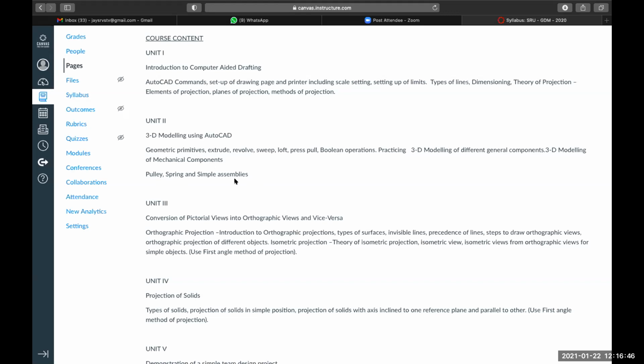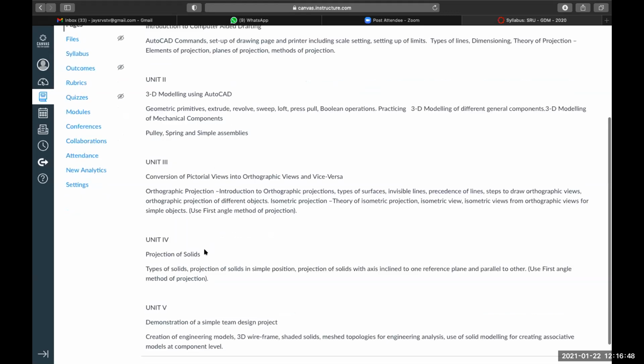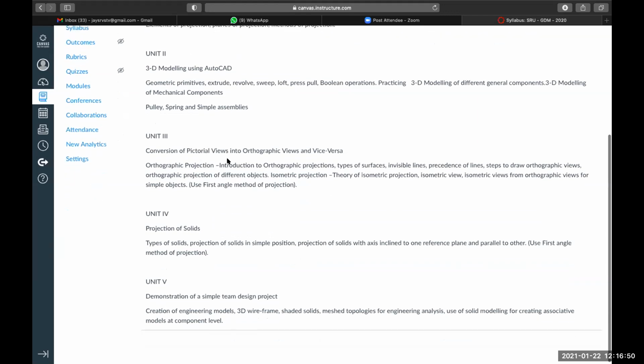Coming to unit number 3, this was related to pictorial conversion, means conversion of isometric view to orthographic view and orthographic view to isometric view. In your examination, any one of them will be given and you have to draw the rest. These things we have also covered using the first angle projection method.